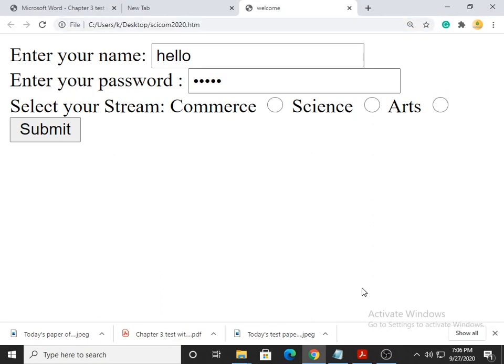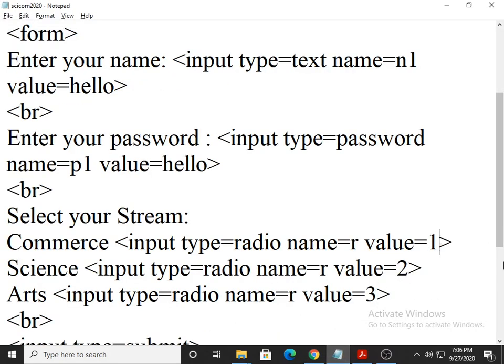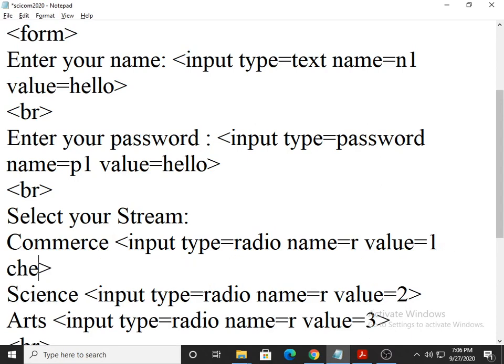Okay. One more thing. If you notice, when I open this form, automatically not a single radio button is available. Not a single radio button is selected by default. So in that situation, we need to put one attribute, and that is here. Look at this.